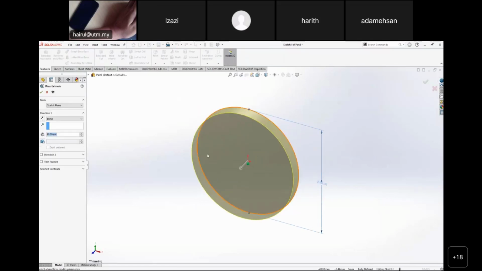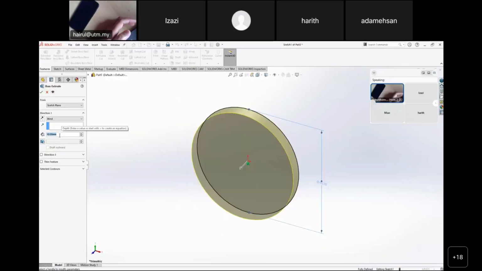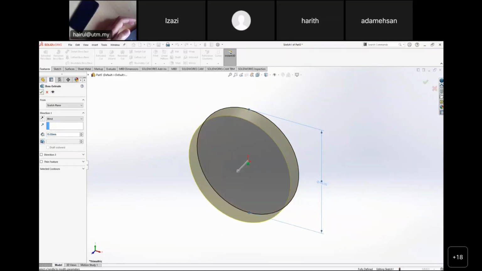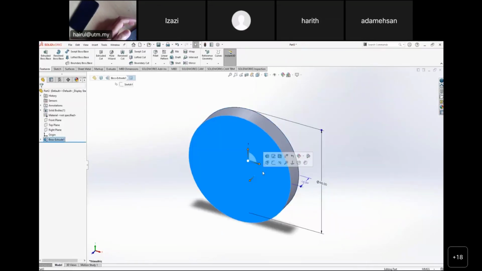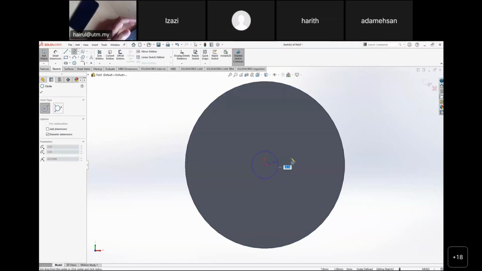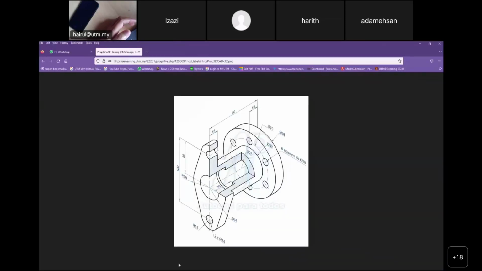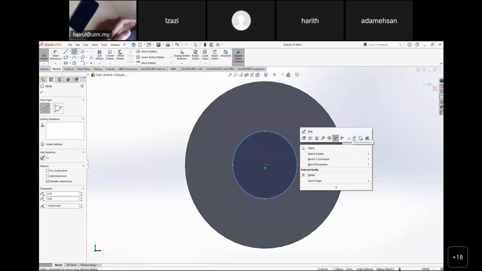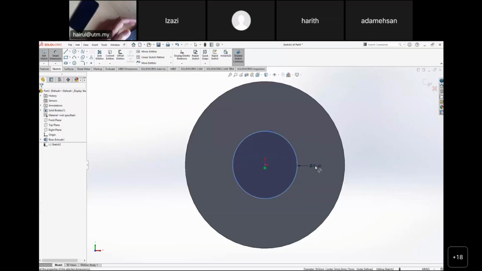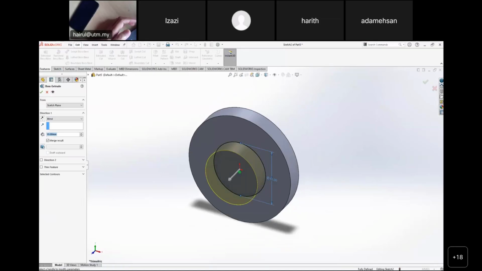This is part by part, guys. We extrude to a thickness of 15. This one will be 15, simply straightforward. Now we do the protruding cylinder here, at this plane. Then we measure the snap. Center here, and the diameter of that cylinder is stated as 50. The dimension is 50 for the diameter of the cylinder. Then we will extrude a distance of